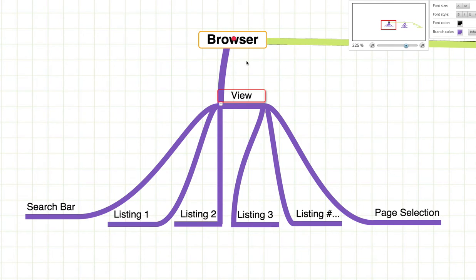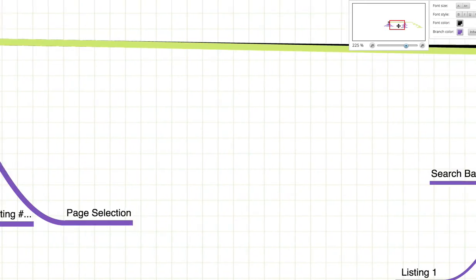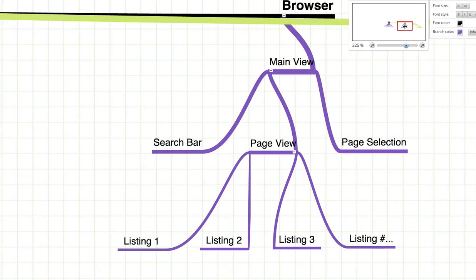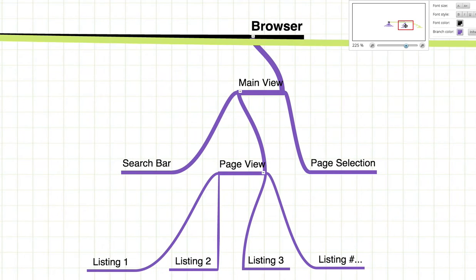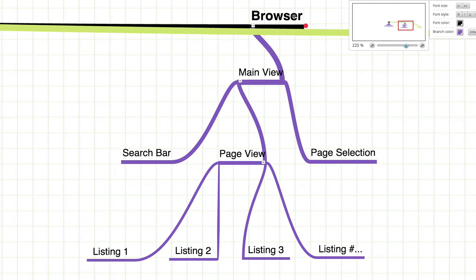First, let's just talk about this hierarchy and some other options. So I built a couple more trees here, and this is the first alternative that I came up with. You have your browser, and then you have your main view, which is its own scrollable rectangle, and on it you have three things. You have a search bar on the top, then a page view, and then the page selection on the bottom. And you might think, well, what's the difference between this and what I already see? Well, the difference is,